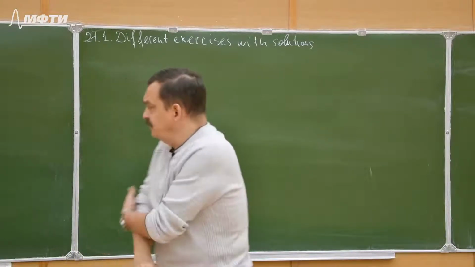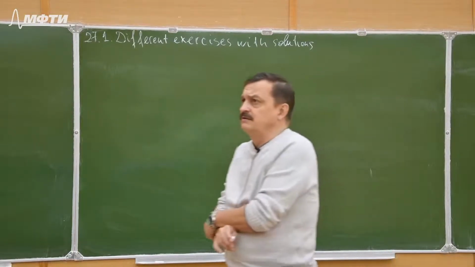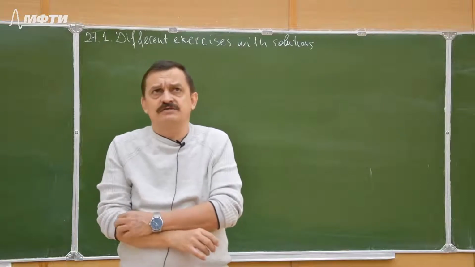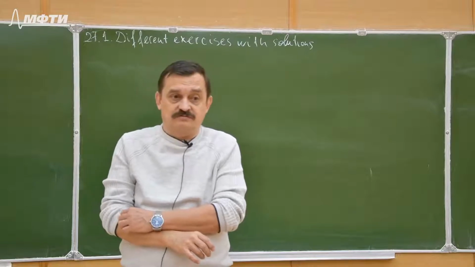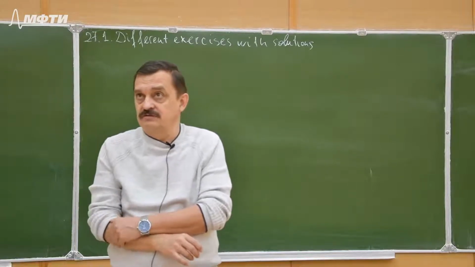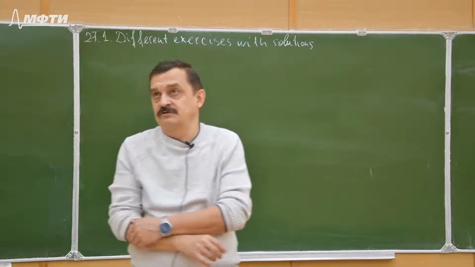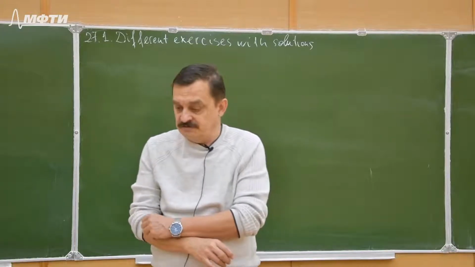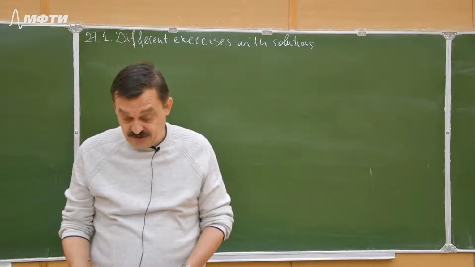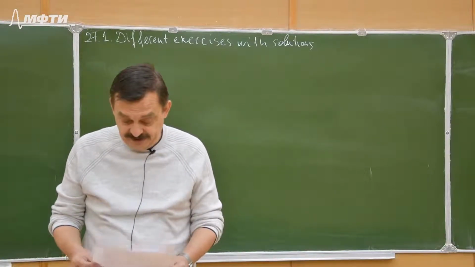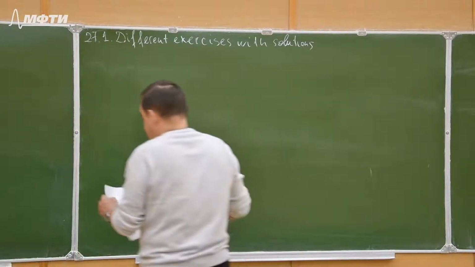Instead of that, I plan to devote it to main tools to find limits with the help of asymptotic expansions. More often the term Maclaurin expansions or Taylor expansions is used, but I tried to explain there is an essential difference between them. So asymptotic expansions are more convenient from my point of view. So the first example